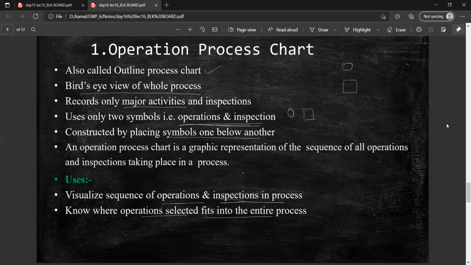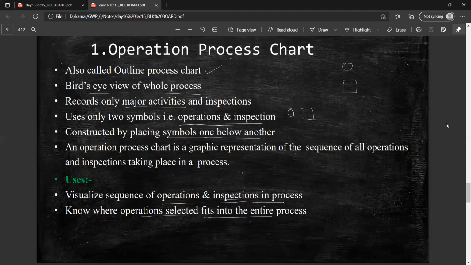Suppose I take the example of the carpentry shop. Now I am going to give you the example of the carpentry shop, and in the operation process chart, I have to represent the carpentry job as an operation process chart. So the circle is for selecting and making the furniture, selecting the wood, and coloring or painting the furniture, which are under operations.